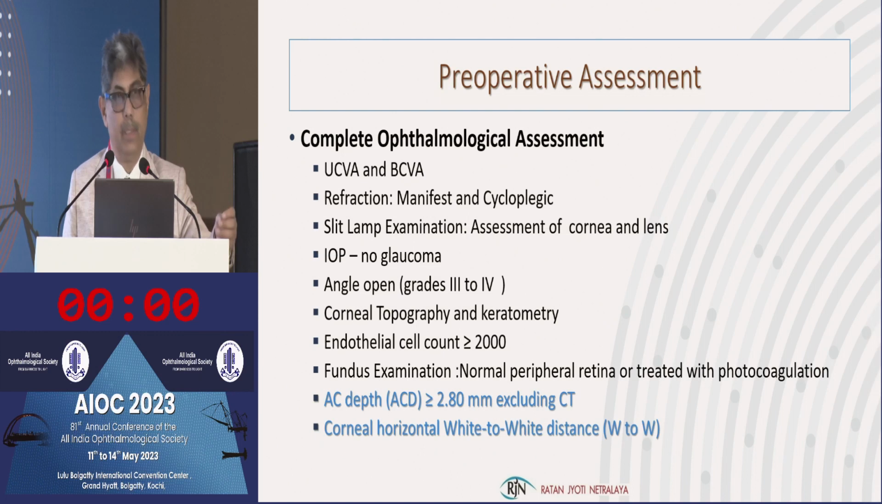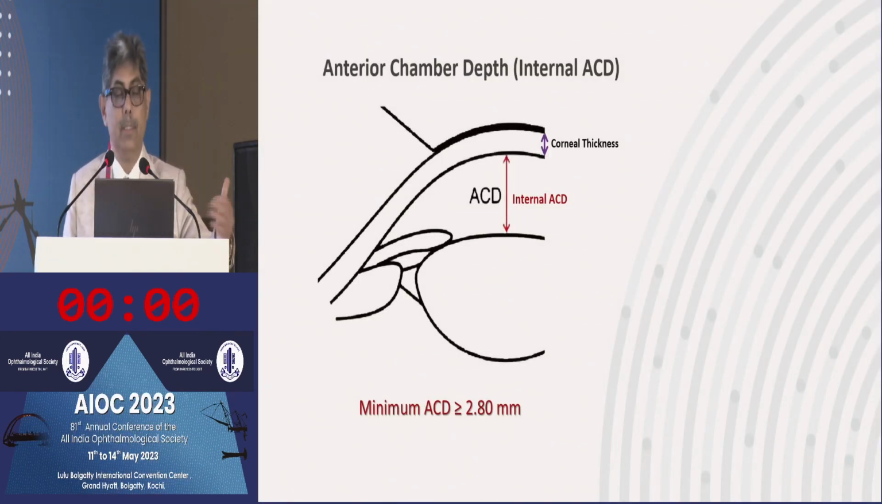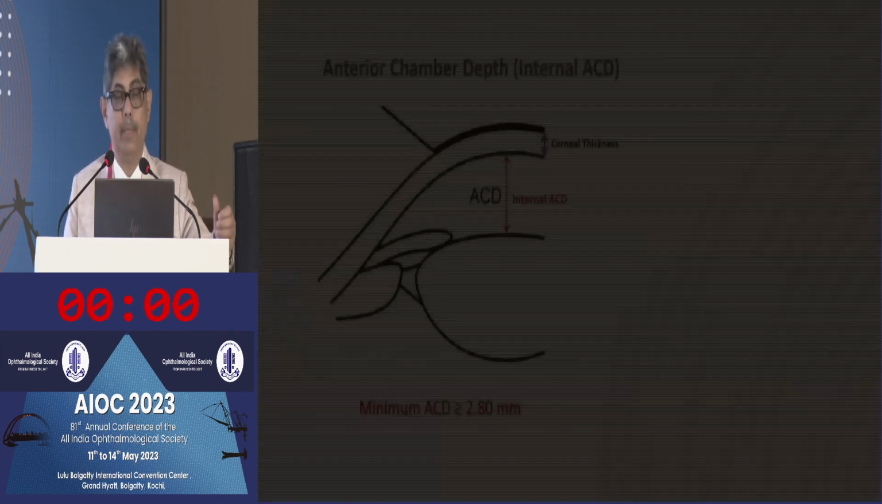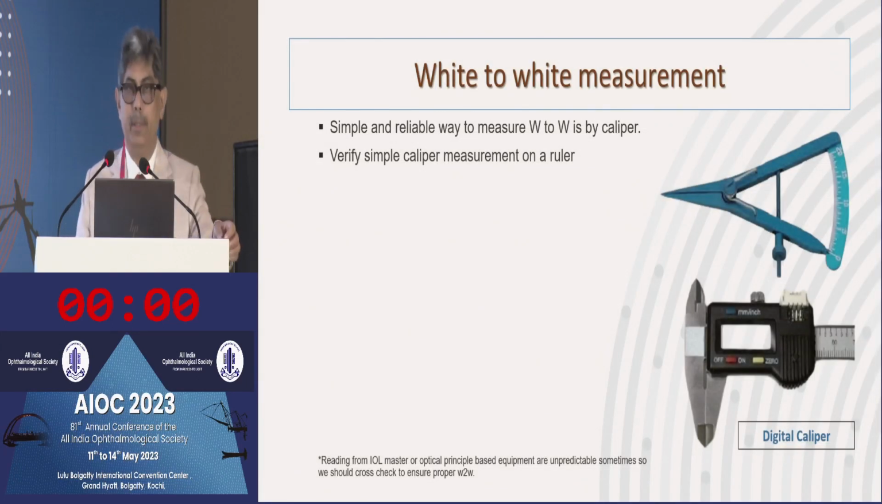by photocoagulation. Two important things: the measurement of anterior chamber depth, which has to be looked at, should be more than or equal to 2.80 millimeter, excluding the corneal thickness, and the corneal horizontal white to white distance should be measured. So this is the anterior chamber depth as I have depicted here. It should be the internal anterior chamber depth, which should be 2.80 or more, and we have to check the white